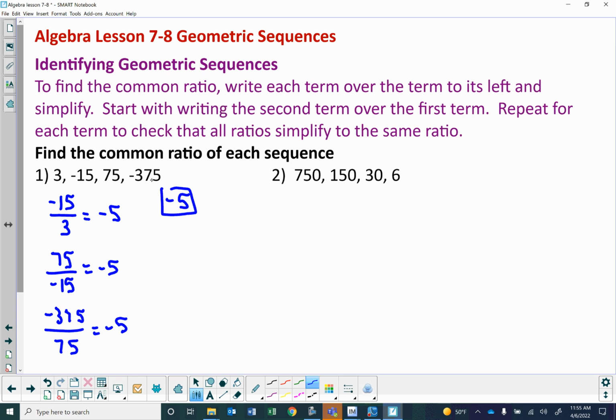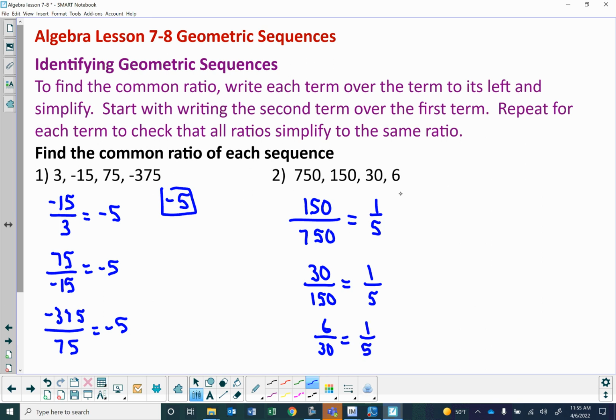On this second sequence, again, you take the second term and write it over the first term. So we take 150 over 750. And you might go, wow, that is weird. Yeah, because this one's going to be a fraction. 150 over 750 reduces to 1/5. Then I take 30 over 150, which is 3 over 15, which also reduces to 1/5. And then 6 over 30 reduces to 1/5,